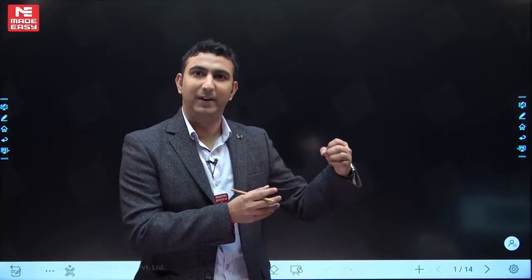What you can do, for example, if you are stuck with 2 options, suppose option A and option D, and B and C you have already eliminated, and if it's not an MSQ obviously, then you can go for units and dimensions. If the variables are unknown, check the units of those variables, whether the units of whatever he has asked are satisfying or not. That way you can check. You can see what they are trying to ask you. Suppose he has asked you VTH and RTH. In all 4 options, the VTH is different and RTH is the same. Go for the VTH calculation straightaway. These kinds of things you can do on your own.